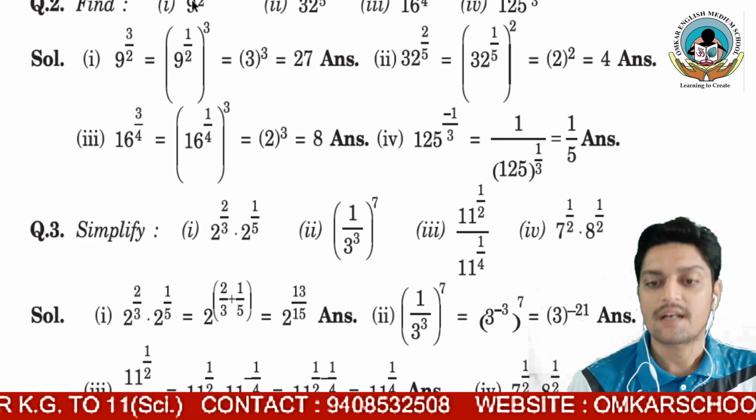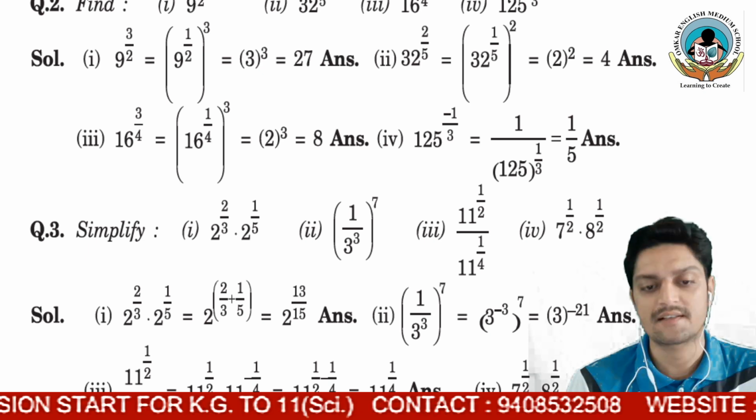Here 9 is given and 2 means 1 by 2 actually. So you have to find the square root, the second root of 9, and the square root of 9 is 3 only. Then you have to consider the numerator. This kind of question did not come last year, so this is a new kind of question, so I am going into that much brief. So let me explain again. 3 cube is very simple, 27.